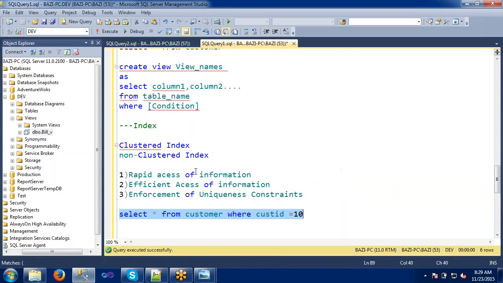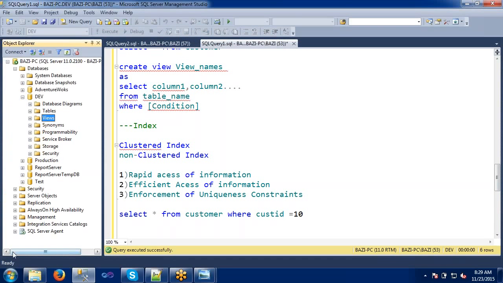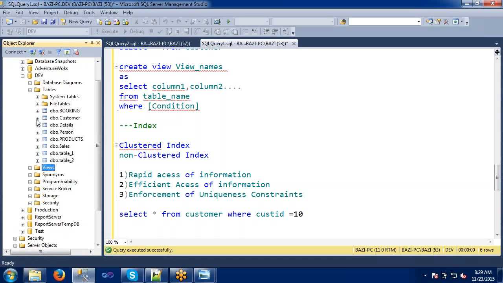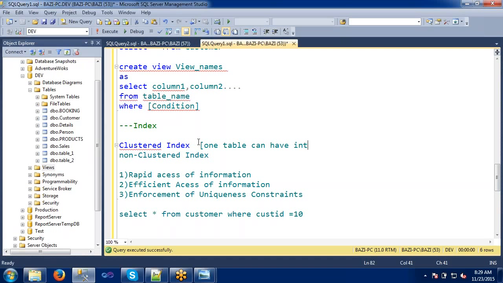Okay. Now I'm going to create the cluster index. The first topic will be the cluster index. It's very simple actually. See, one more condition is there. One table can have only one cluster index. Let me write here. It will be an interview question, note it down if you need it. How many cluster indexes are you able to create in a table? It will be an interview question like this. One table can have one cluster index.